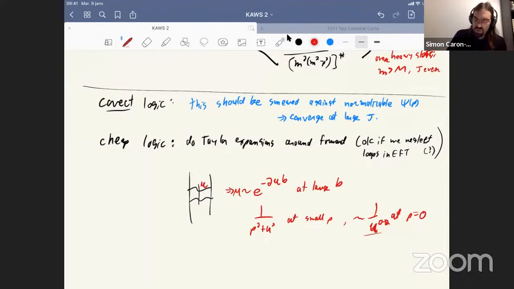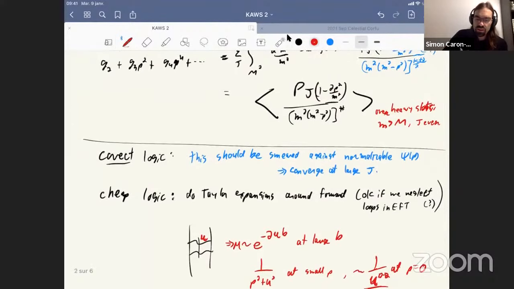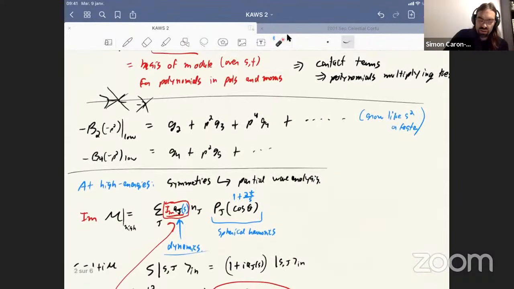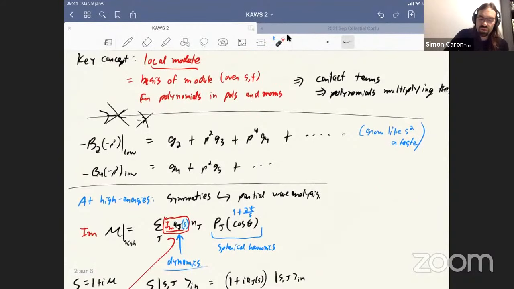So it's very natural to get this at loop level. Whether you have a mass gap or not is kind of irrelevant, because the light loops, whether they're massless or not, give you things which don't satisfy the EFT power counting. We're trying to bound things that involve powers of the EFT cutoff. So we're trying to control these coefficients G2, G3, and we expect each of them to be expressed by some power of the large mass that we expect in these expansions.